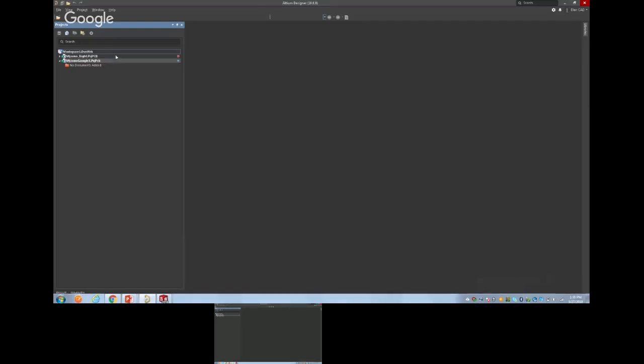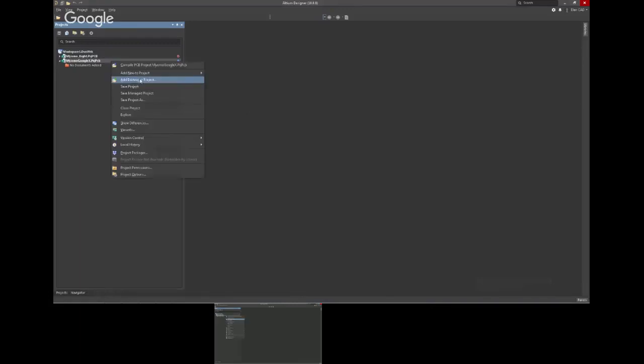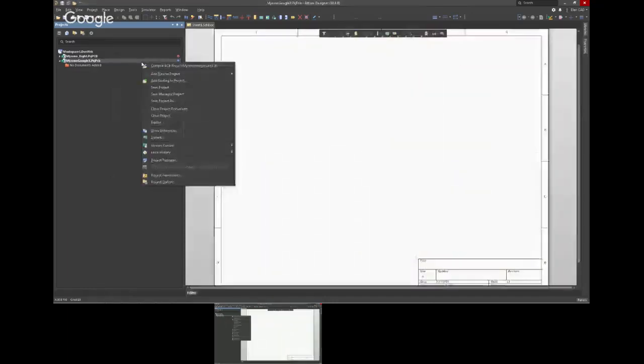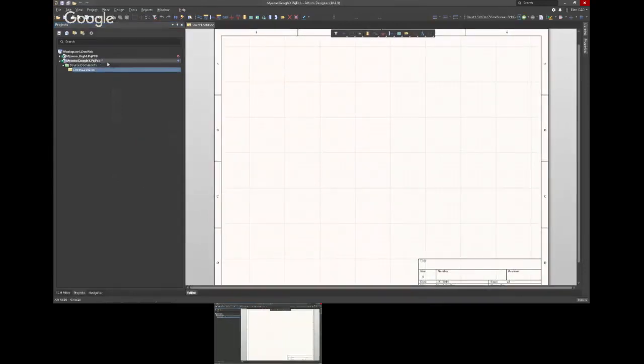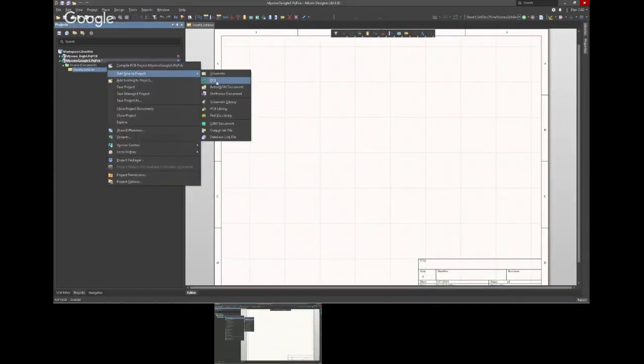So what I'm going to do now, I'm going to add the schematic and I'm going to add the PCB. Just again, standard for the mechanical. This is what we do every day. Schematic sheet for the logical circuit design, and then PCB for the physical layout and place and route. I'm going to add the PCB document